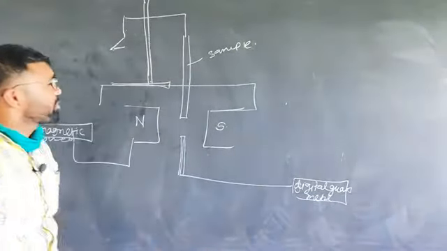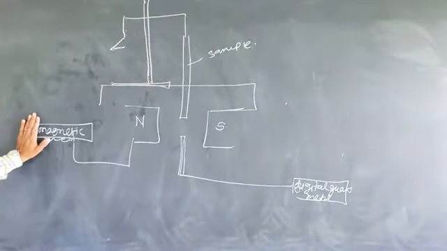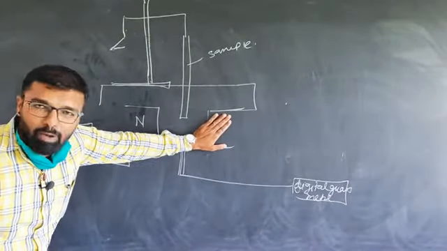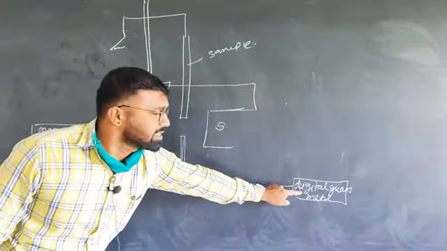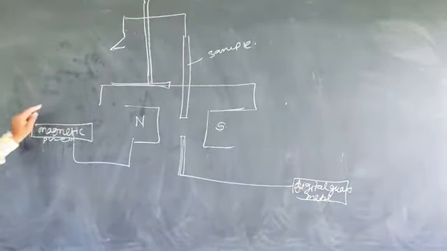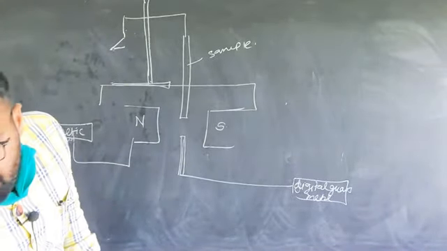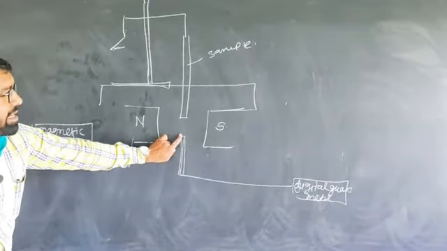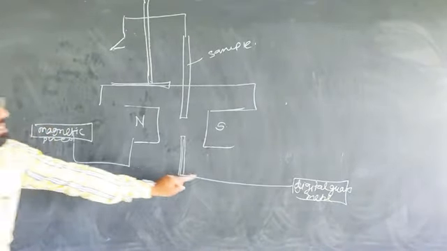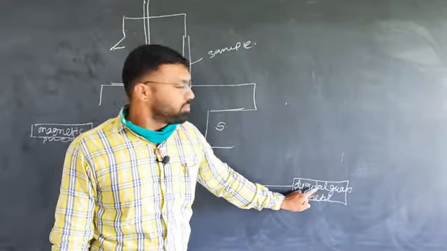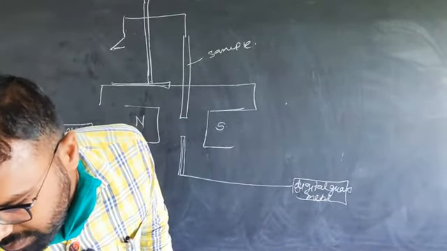How does the actual process take place? First, the balance is not taken. The pair of magnets is connected to the magnetic power supply. Then the Gauss meter is connected here. Then switch on the instrument. After switching on, this probe is inserted between the two poles of the magnet. When there is no supply, this digital Gauss meter shows zero field. It will show the zero adjustment.